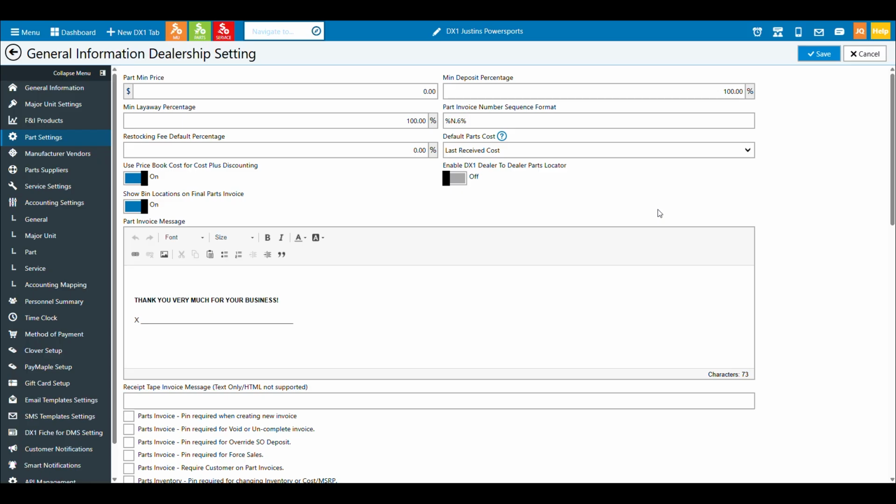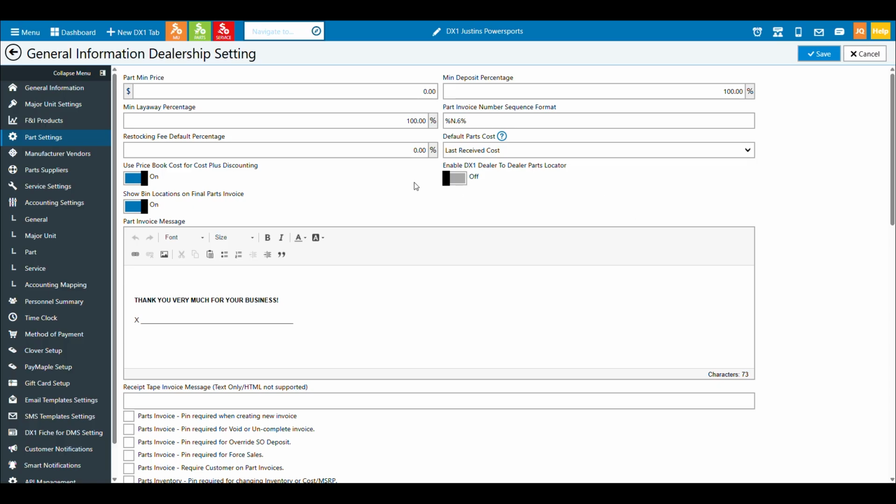All right, in chapter 4, we're going to be looking at part settings. Again, over in our left nav, we can see part settings is under F&I products above manufacturer vendors. Again, like in chapter 1 or 2, we've had some things that are most likely configured already for your dealership. So we'll just review how to update them or make changes if you need, and review some of the other settings that add over here.